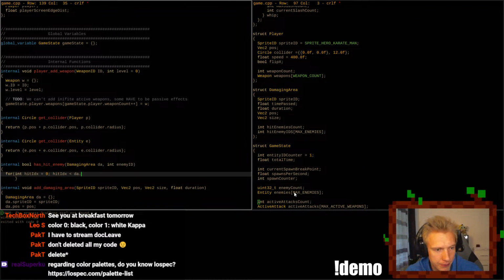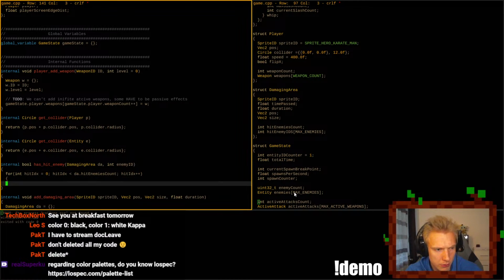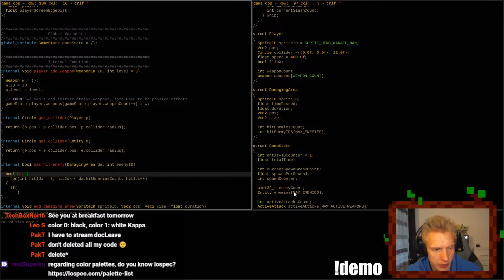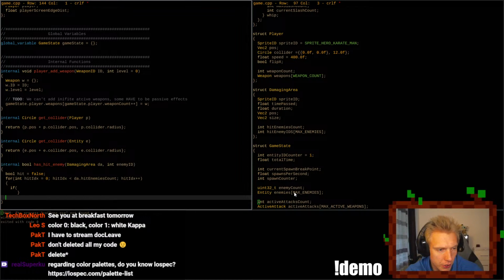Damaging area dot hit enemies count and hit index plus plus. And then we do bool hit false and return hit.